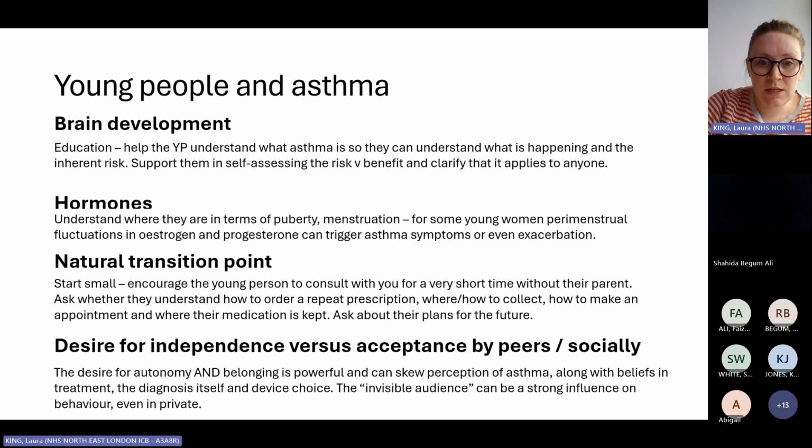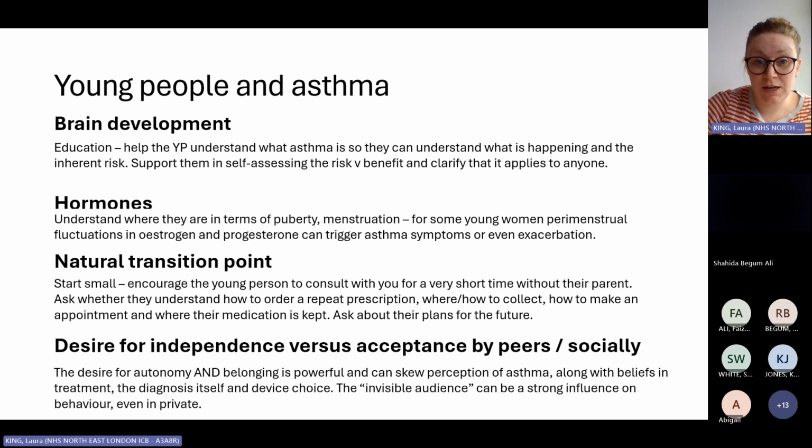So we've talked about brain development already. You've got lots of developmental changes happening, including the development of the prefrontal cortex. We've got lots of really significant changes happening that will, in the neurotypical young person, allow them to move along that spectrum of understanding risk. But we've also got a time of life where impulsivity is high. Poor understanding of consequence may mean that they act in a more risky way. And there's also this sense that they feel they're indestructible. I haven't taken my inhaler for 2 years and I haven't died yet, therefore it's fine. And that can be really challenging as a clinician.